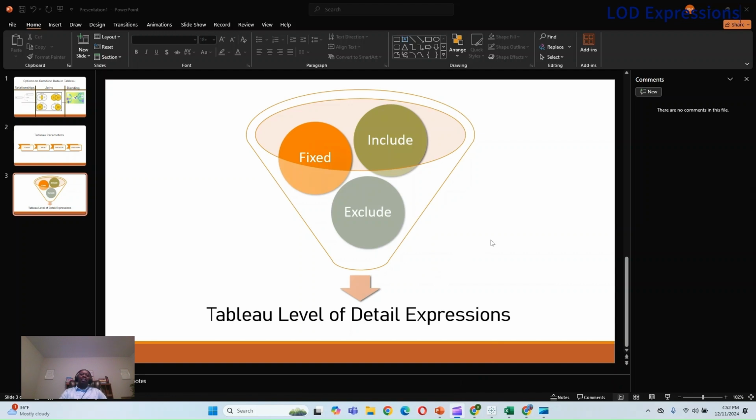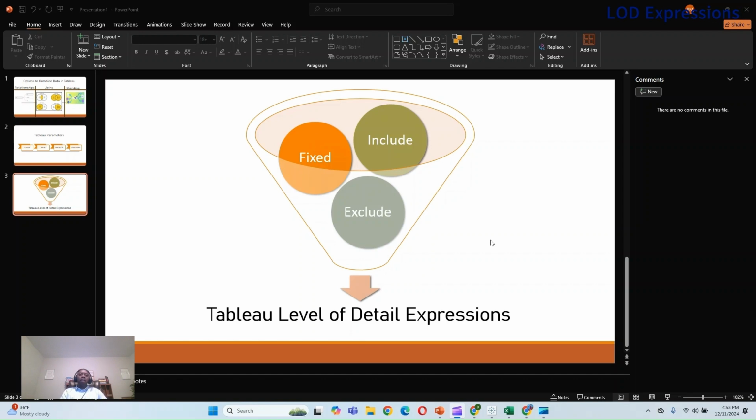Hello, welcome to another interesting topic about Tableau, which is level of detail expressions. Now, LODs, as we call them, are very powerful. They allow you to independently specify the level of detail of your calculation. Now, there are three types of LODs. We have got fixed, include, and exclude. Most people might be familiar with fixed, but in this tutorial, I'm going to show you how to calculate those three. But before we even get to that, I think it is very important for you to